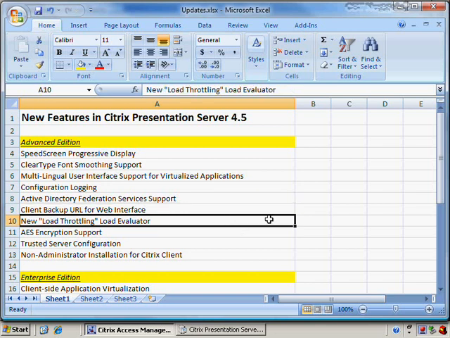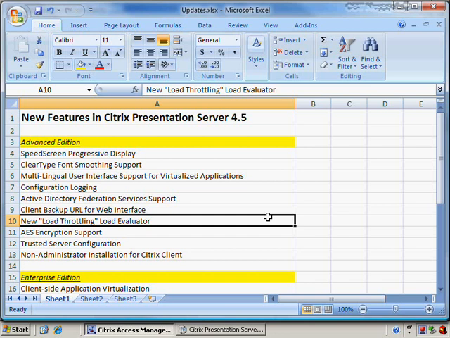And we also have a new load evaluator now that allows you to do some load throttling. What we mean here is that as a computer is being brought online, let's say you're bringing a new Presentation Server online, load throttling allows you to throttle back the instantiation of new sessions as you bring that new server online. So you bring a new server online, the users are logging in and out of your farm. When you have the load throttling capability turned on, while that server is going through its startup processes, you're not actually going to push as many users to that server for a